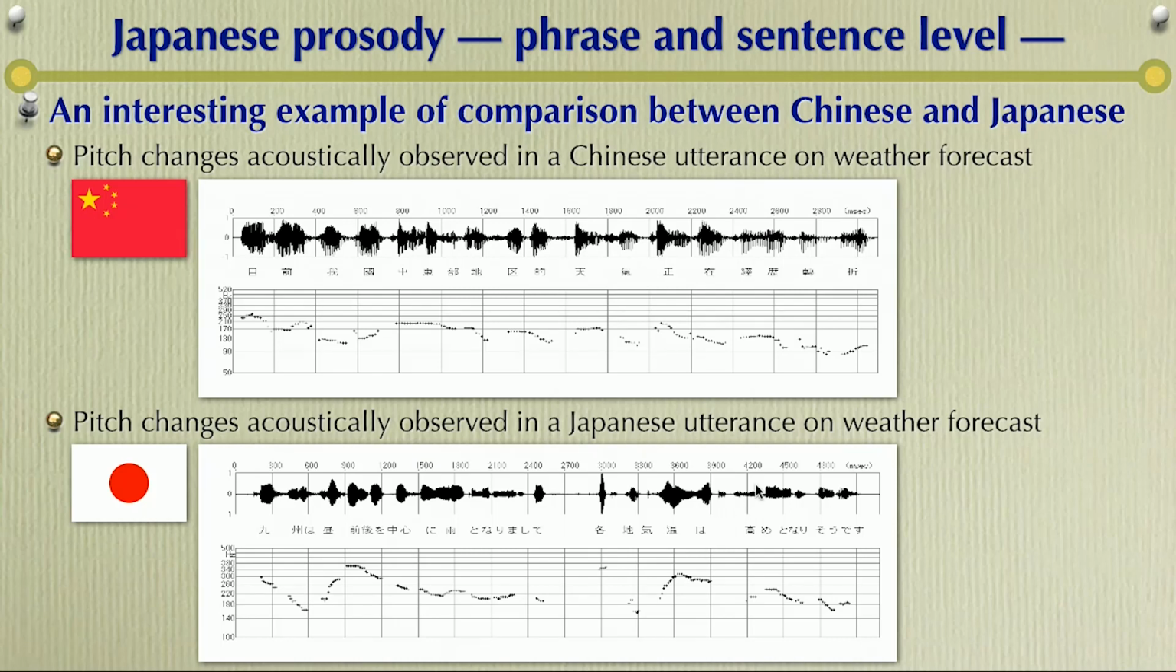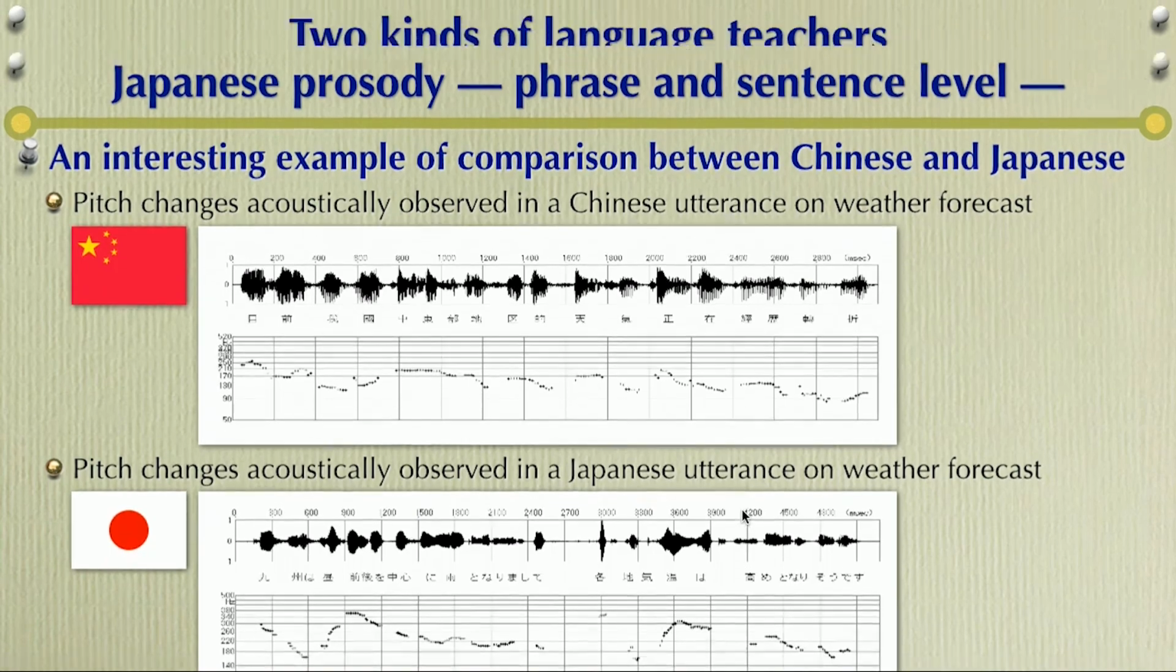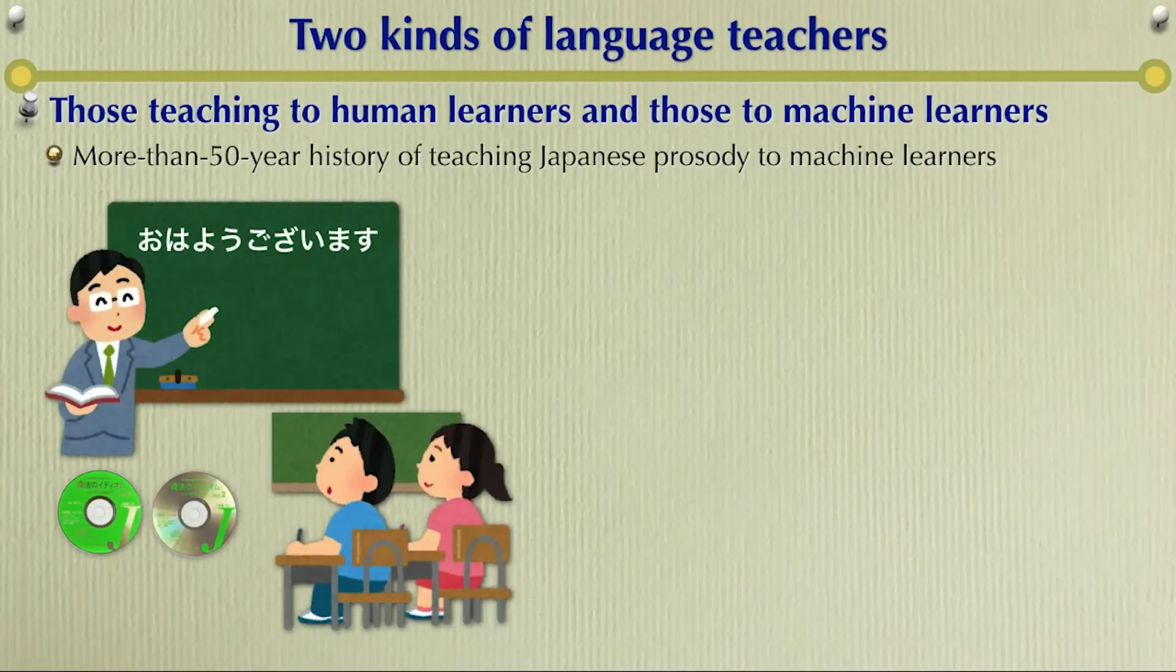目前我国中东地区的天气正在经历转折。九州は昼前後を中心に雨となりまして、各地気温は高め。 Yeah. So in general cases of language learning and language teaching, so teachers teach how to write and how